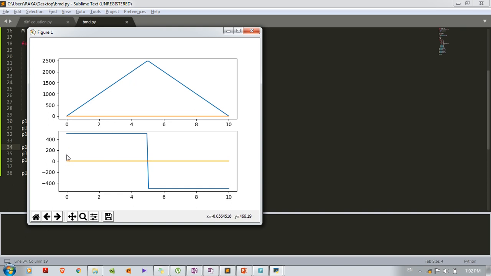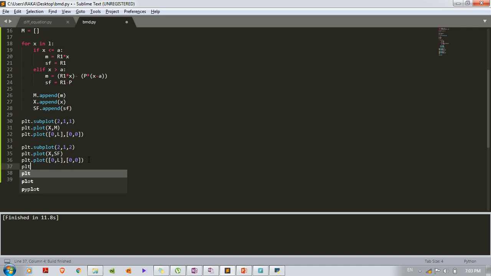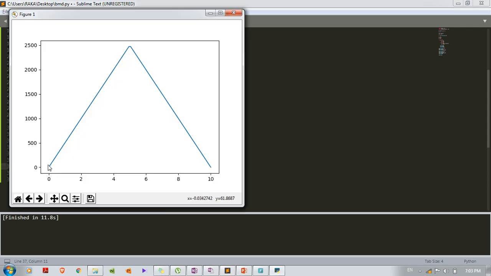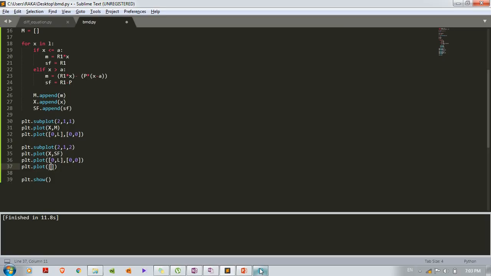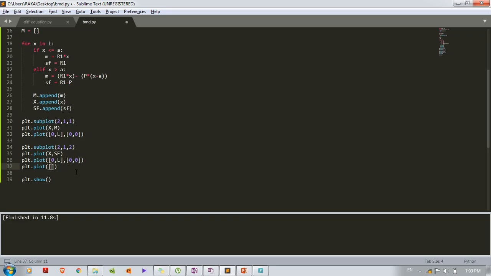So we need to create these two vertical lines. Again it is very easy. Here we can create plt dot plot, the same way. So here x will be 0, x will be 0, and y will be 0 and y will be R1.